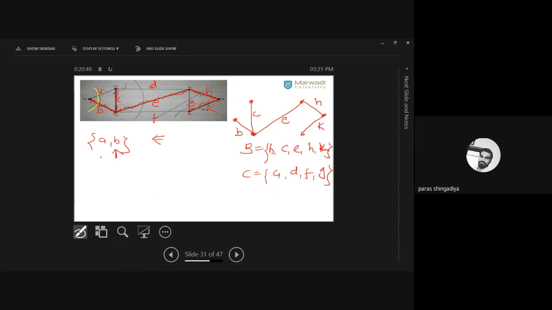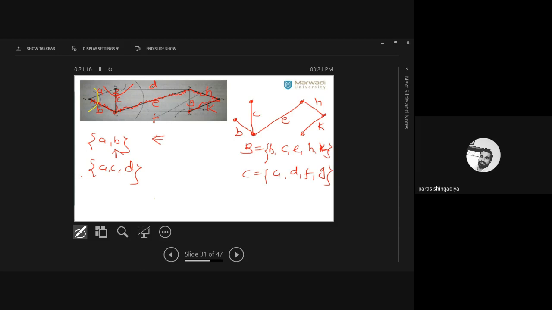Okay, let's find some more examples. For the second cut set, you can consider A, C, and D. Just consider edges A, C, and D. So here the vertex V2 will be disconnected from the rest of the graph, and there is no proper subset of it which makes the graph disconnected again.